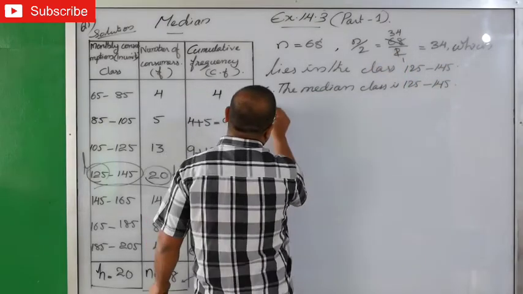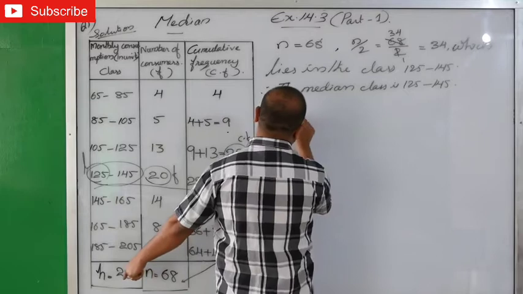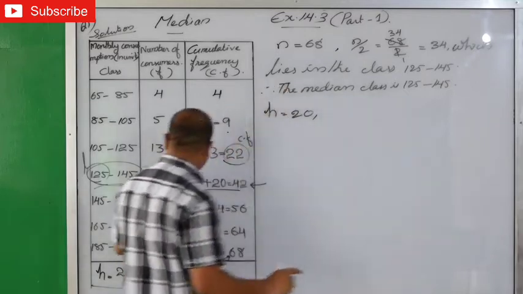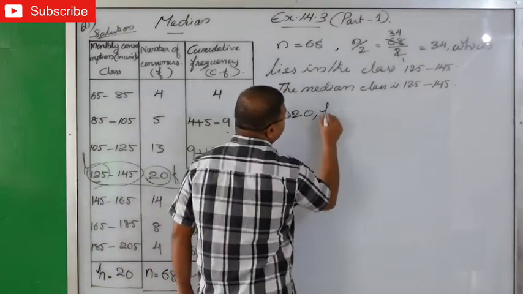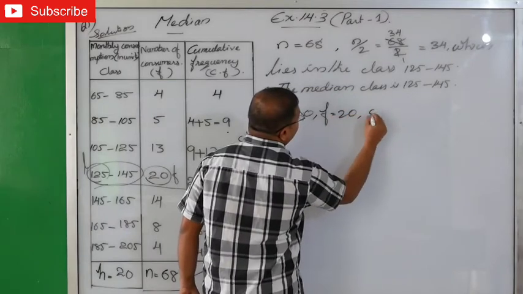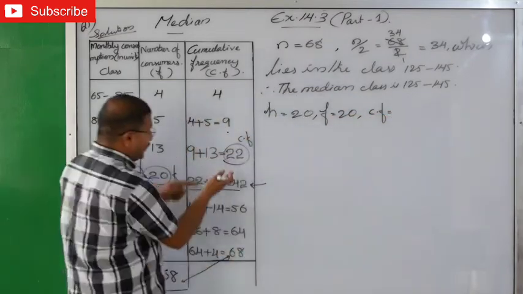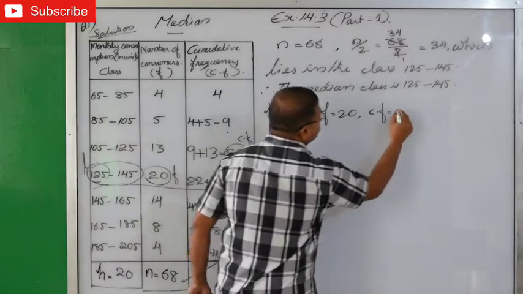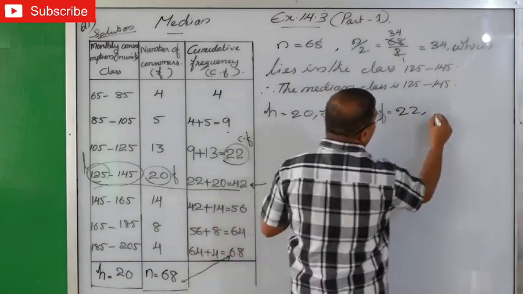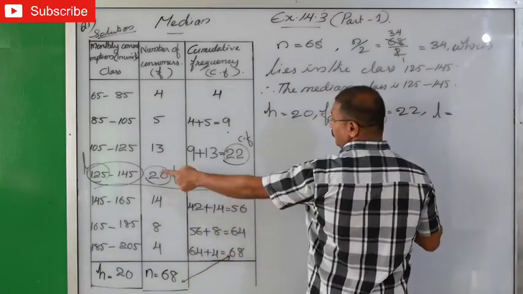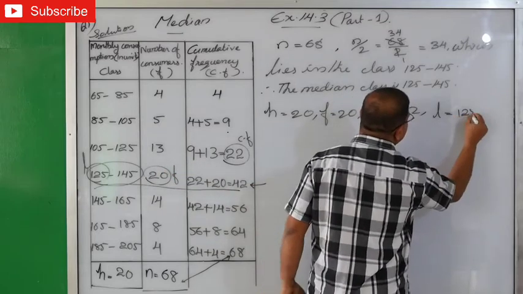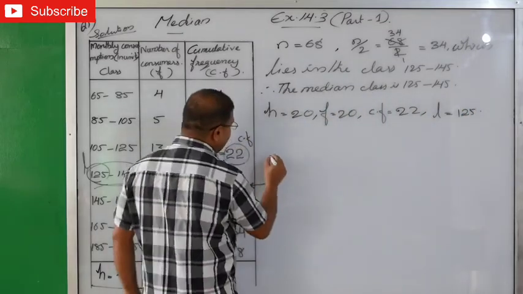After this, we will write the value of H. What is the value of H? 20. What is the value of F? 20. And CF? CF equals 22. And what is the value of L? Lower limit, 125. Now we will write, we know that